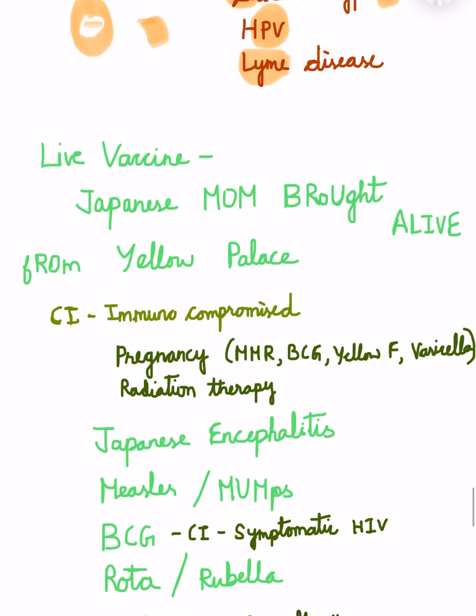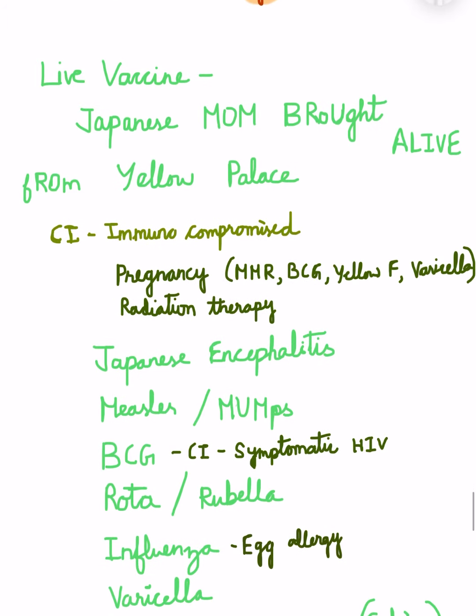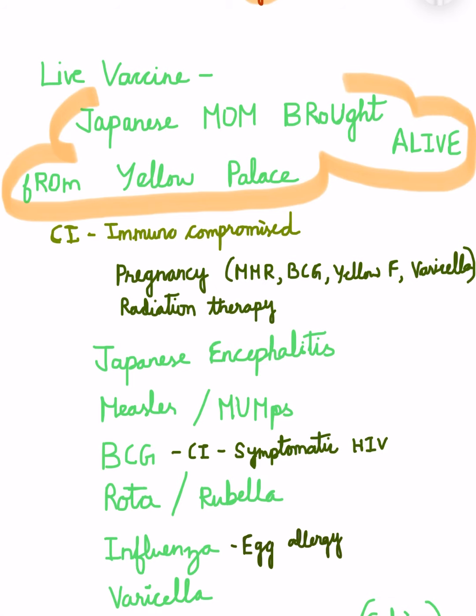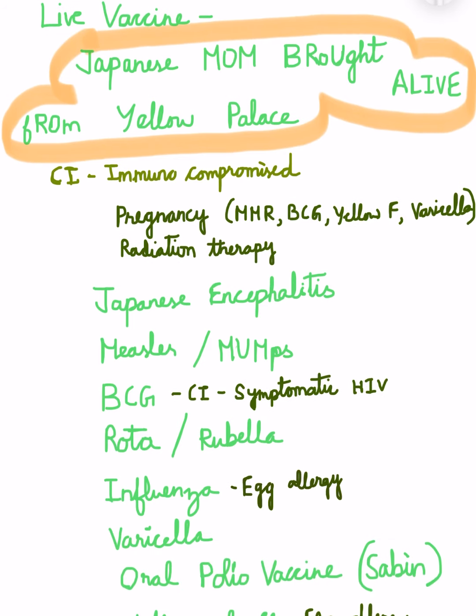Next, moving on to the live vaccine. The live vaccines can be remembered with the mnemonic: the Japanese mom brought alive from Yellow Palace. Here, Japanese stands for Japanese encephalitis, and mom stands for measles, and mom can be pronounced as mum, so mumps. And B stands for BCG vaccine, and O stands for Rota vaccine,